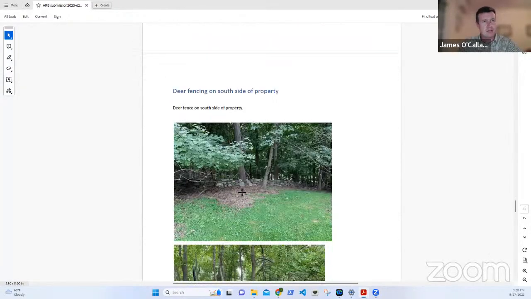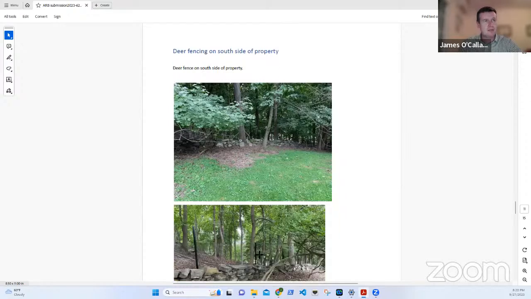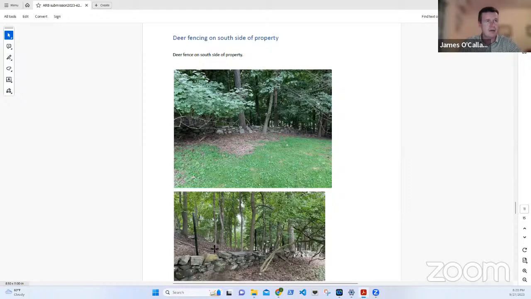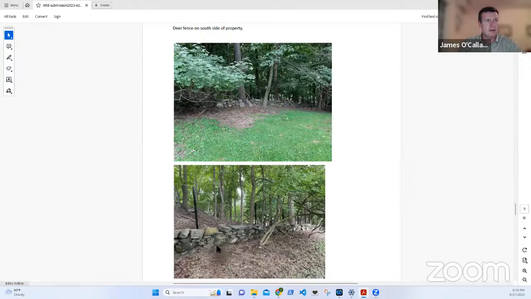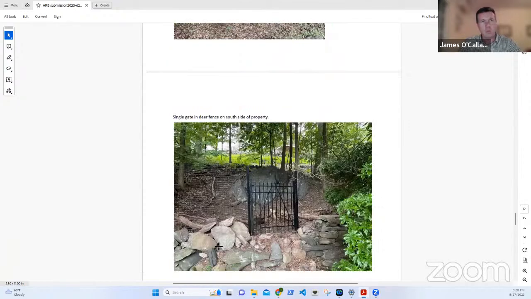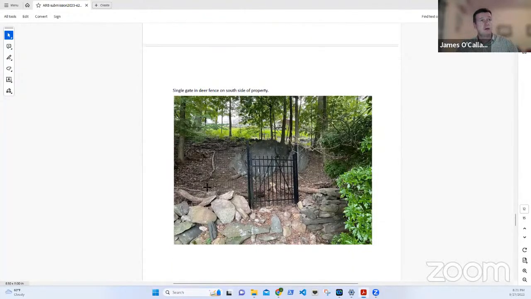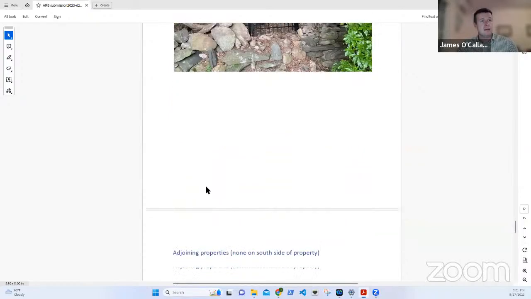Here's some pictures of the deer fencing along the rear. As you can see, you've got the fence. It's kind of hard to see the deer fencing in this, but it's identical to the deer fencing in the area looking around. Got one gate within the deer fence, which is the same style as the 4-foot aluminium black fencing that runs around the other side of the property. You can actually see the deer fencing, the coated woven fence there.